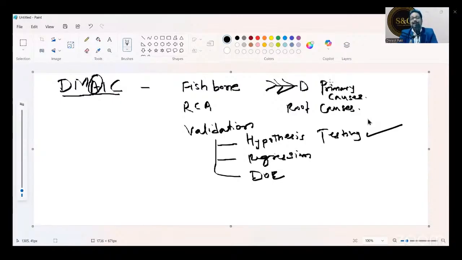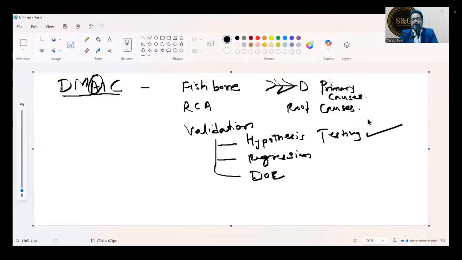Non-parametric is actually not in black belt either. We cover non-parametric testing in master black belt. But if you are interested, you can check the details in the master class archive. I've covered non-parametric testing in the master class archive. You can check that out. Okay, so two sample t-tests.